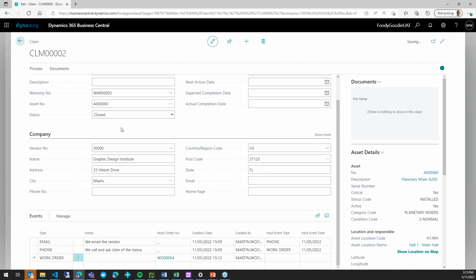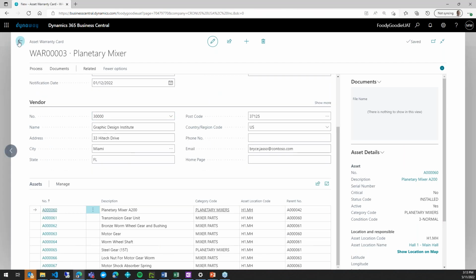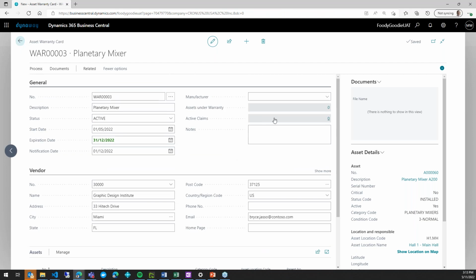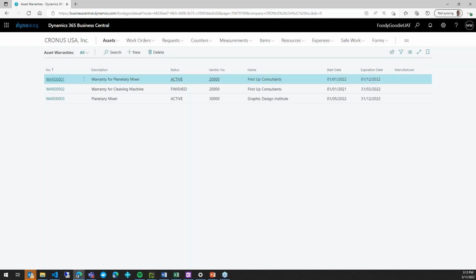For example, okay, my status is closed, but you also can see how many active claims we have on the warranty, how many assets we have under warranty. Okay, and we add some filters which will allow you to work easily with the warranties. So you have a few default filters on the asset warranty. For example, you have